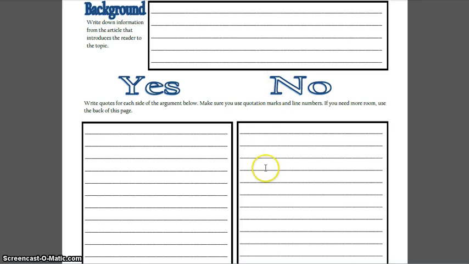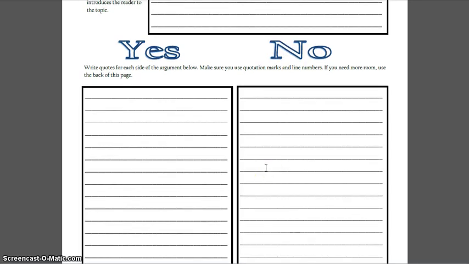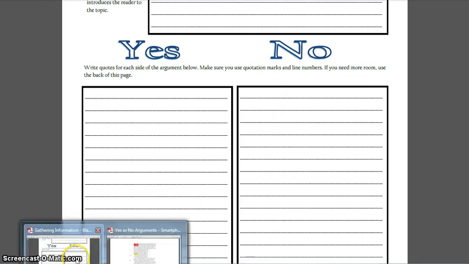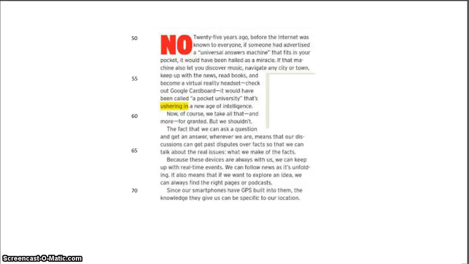Okay, finally, we will write down one more quotation from the article to finish up. It's going to be on this no side. So go to the last page of the article